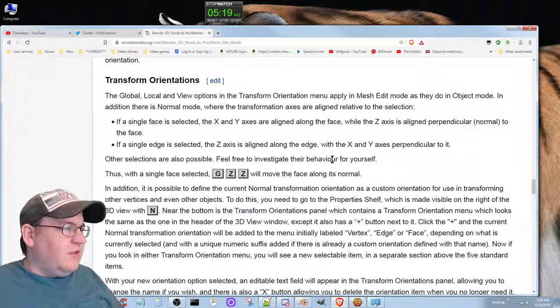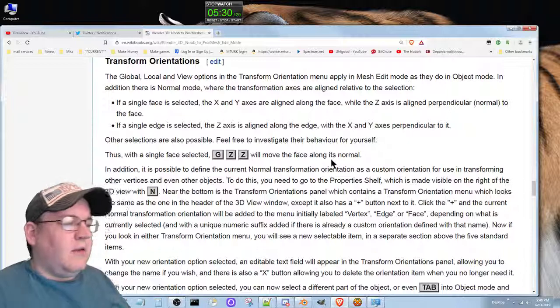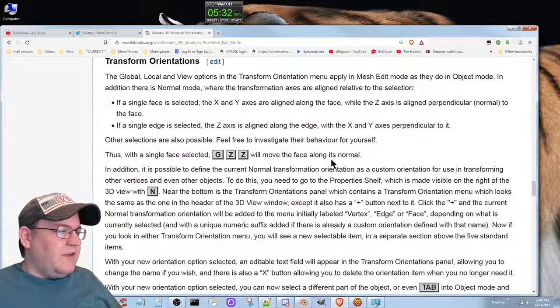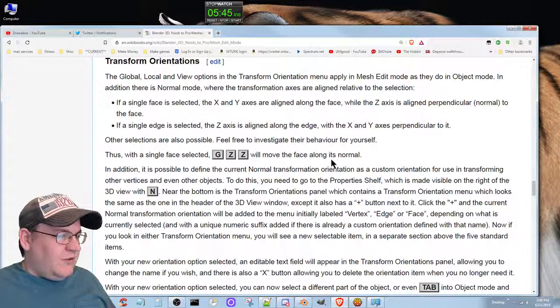Transform orientations. The global, local, and view options in the transform orientation menu apply in mesh edit mode as they do in object mode. In addition, there's a normal mode where the transformation axes are aligned relative to the selection. If a single face is selected, the X and Y axes are aligned along the face, while the Z axis is aligned perpendicular, normal to the face. If a single edge is selected, the Z axis is aligned along the edge with the X and Y axes perpendicular to it. Other selections are also possible. Feel free to investigate the behavior for yourself. Thus, with a single face selected,